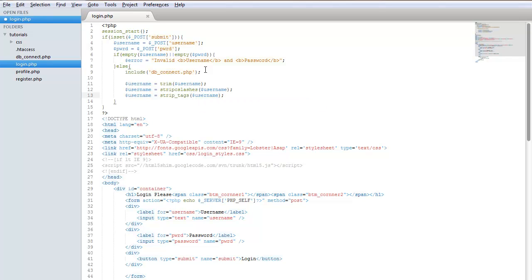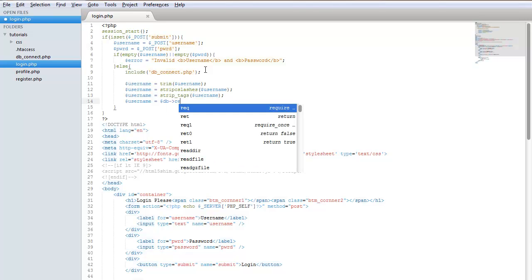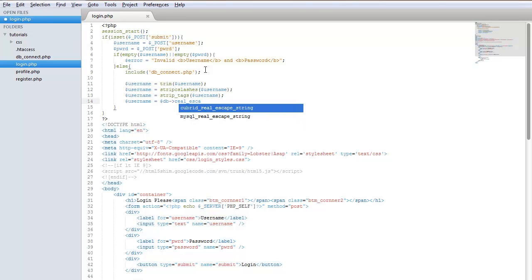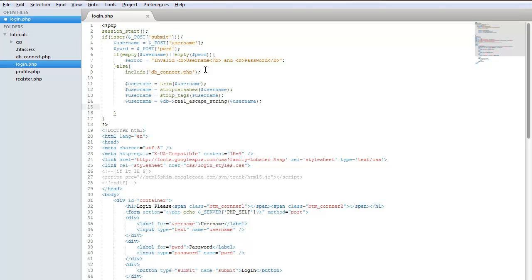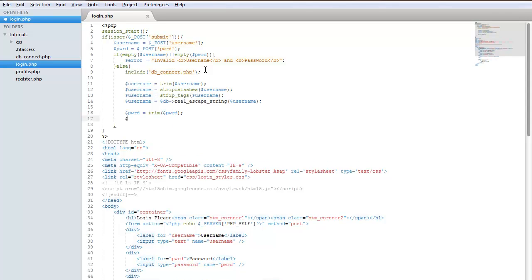And I'm not going to be using a prepared statement for this. So I'm just going to go ahead and go db real escape string username. Okay. Alright, and we gotta do the same thing for the password. So password, gotta just duplicate everything we just did for a username,